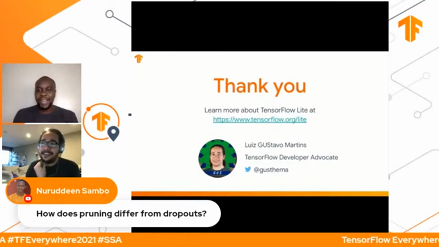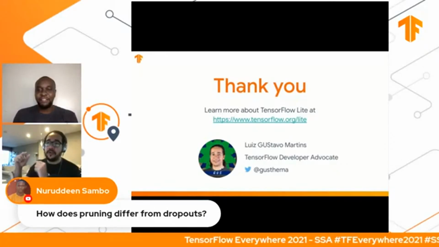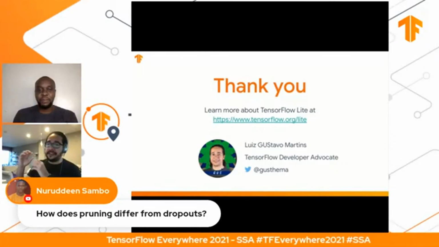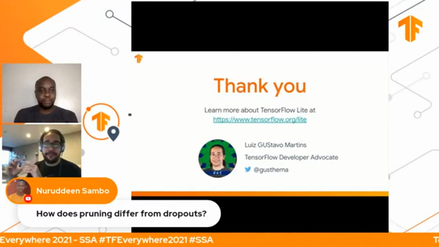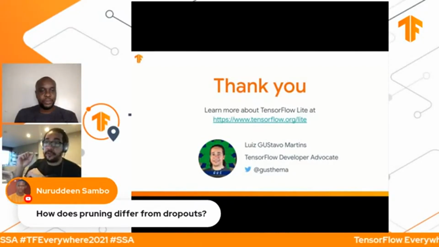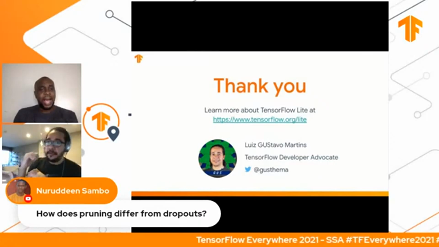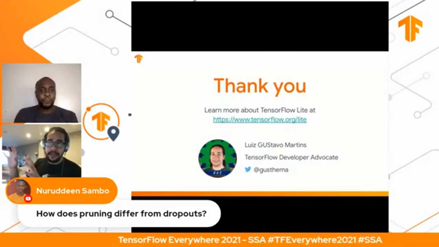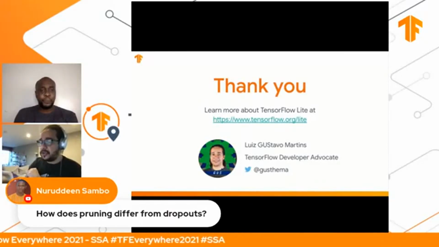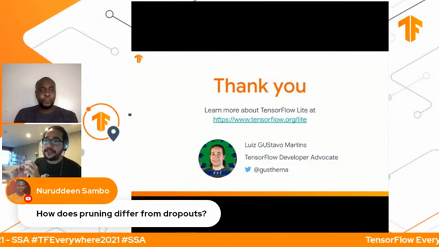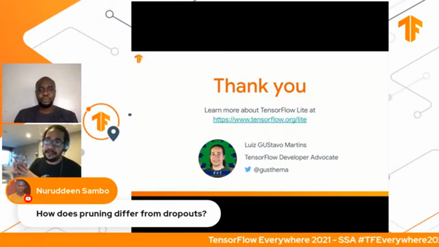How does pruning differ from dropouts? Dropout happens during training. So if you have a layer that's a dropout, you're doing a kind of pruning during training. So your model learns how to adapt to that during training. Pruning is after. It's when you have your model already, and then you look into the weights and say, oh, these weights are too close to 0, I'm removing them. So it's on 2 different stages of your model's life, let's say.